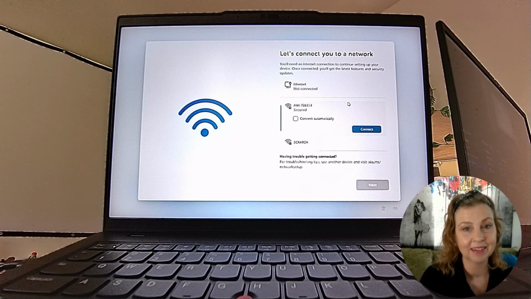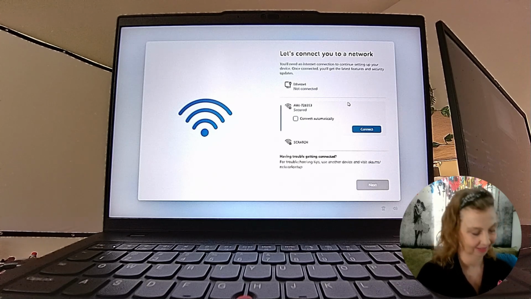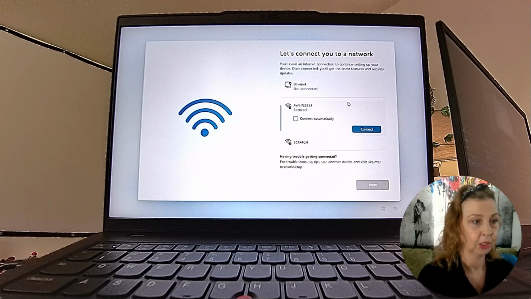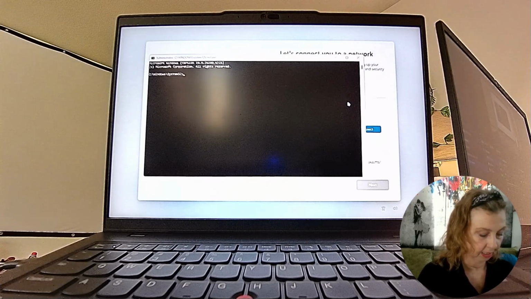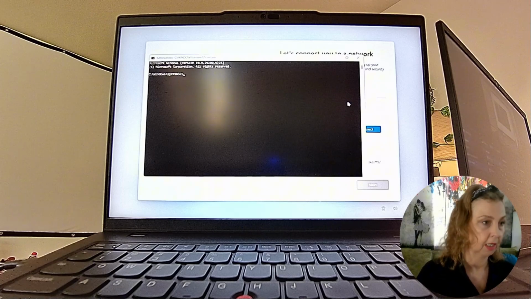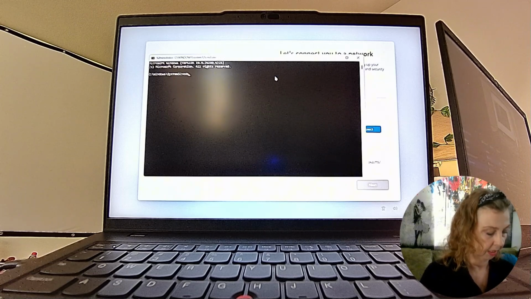Here's the trick to create a local account. Shift F10 when you get to this screen. OOBE. I always forget. Oops, gotta click in there. I'm typing OOBE